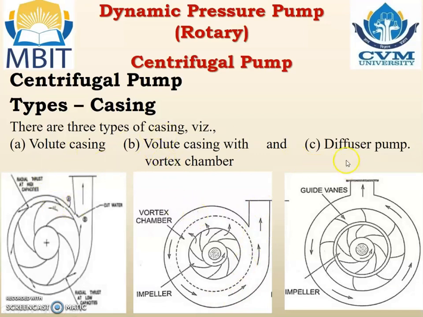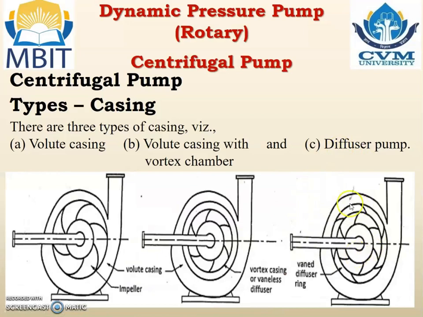Now come to the next, diffuser pump. In the diffuser pump, proper guide vanes are located. It means water with high kinetic energy, when it comes out from the impeller, is properly guided, so that the water passes from the right place. Due to that, the disorderness in the diffuser pump is the least, or you can say minimum, near to zero. And due to that, the efficiency of this kind of pump, the diffuser pump, is the highest, and a high amount of liquid is lifted when we use the diffuser pump.